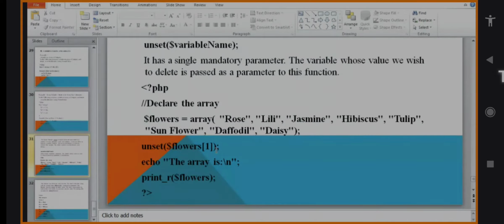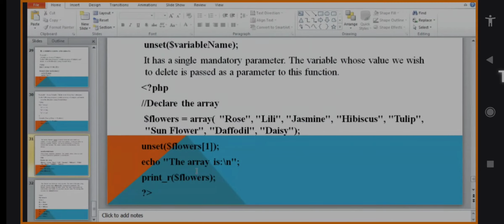All the elements of the array are stored in the variable $flowers, so in the unset function I pass that variable and the index. If the index is one, your first element, Lily, will be deleted. If you want to delete the second, then Jasmine will be deleted.